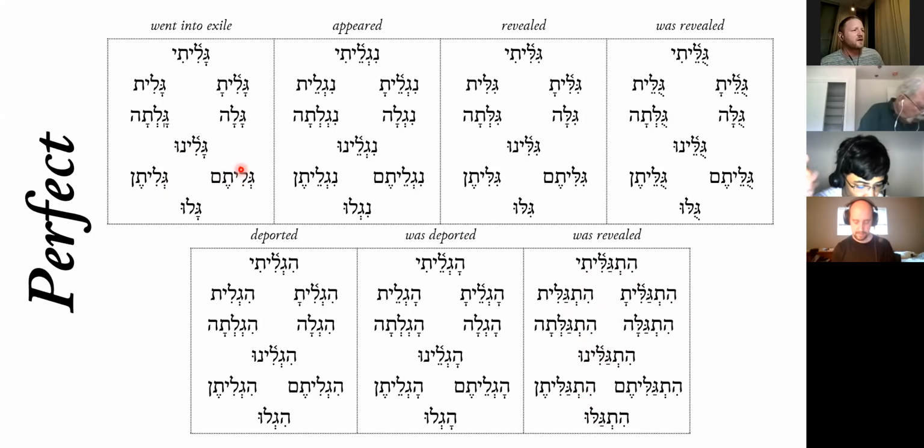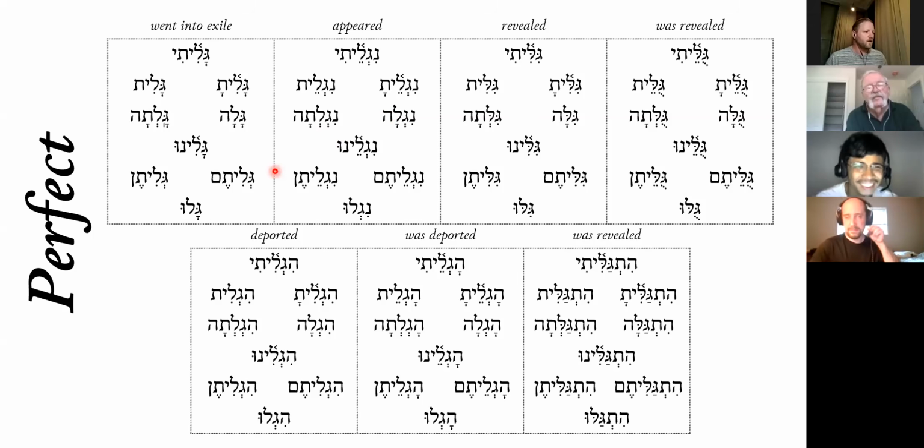But you can see the idea that the hey drops out, right? There's nothing too difficult here. Is there something too difficult here? I tend to really like the weak roots, so I see them as more fun than challenging. But is there anything that isn't clear for you what's happening here? I just think they're stupid. Hey, no, they're not. They're wonderful. They're easy. If you know what's happening in the kal, as far as the shape is concerned, you shouldn't have too much difficulty recognizing the rest of the